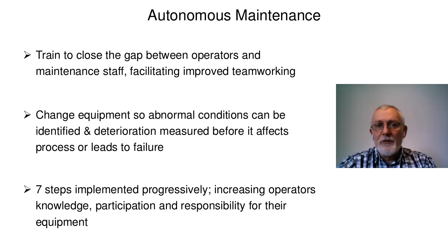So effectively, we're trying to train to close the gap between the operators and the maintenance staff, better team working and a seamless ownership in terms of resolving issues on the machine. We also want to try and change the equipment so abnormal conditions can be easily identified and that we can measure deterioration before it affects the process or leads to failures. So we're trying to get in before we have catastrophic failure, before components or parts are getting damaged. A simple example of this,